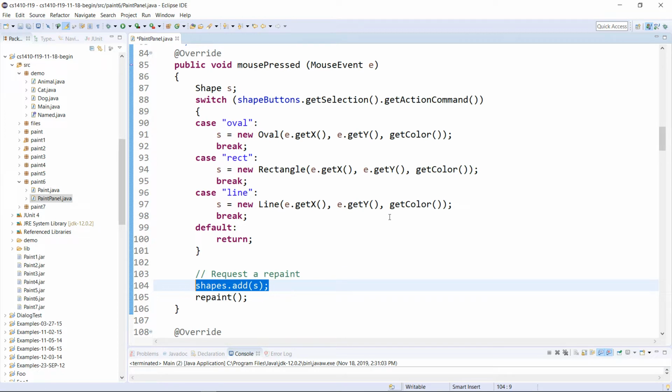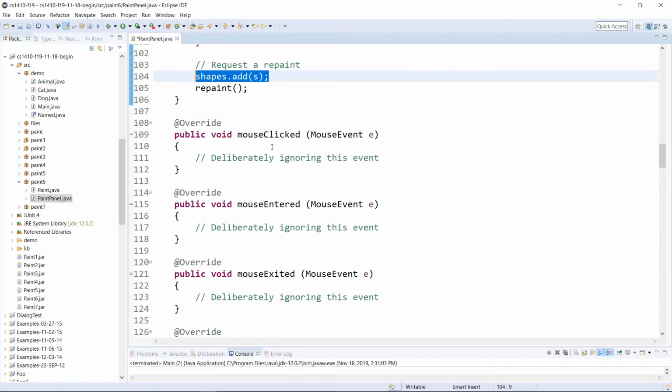So the thing about inheritance, it's more than just being able to extend the implementation of another class. It sets up what's called a subtype hierarchy. An oval is a subtype of shape. An oval is a kind of shape. And that's important right here, you see. Okay, and finally,